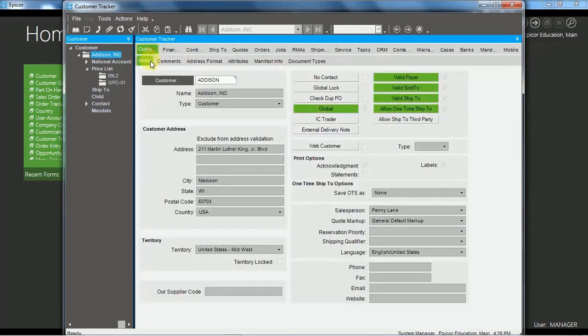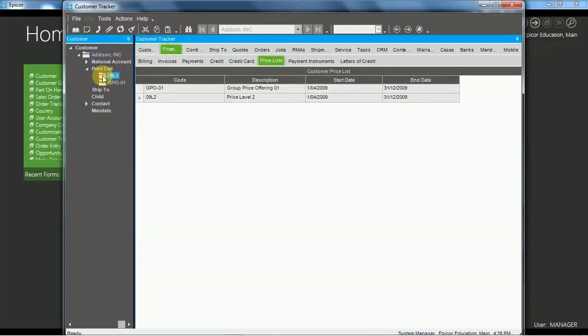So this would be a way of just going straight to a shortcut to that particular information, and similarly with contacts. Okay, now in this one we also have the ability to expand the tree and collapse the tree,